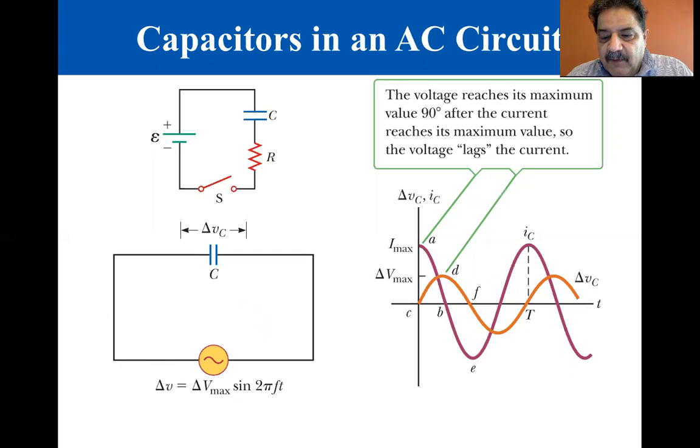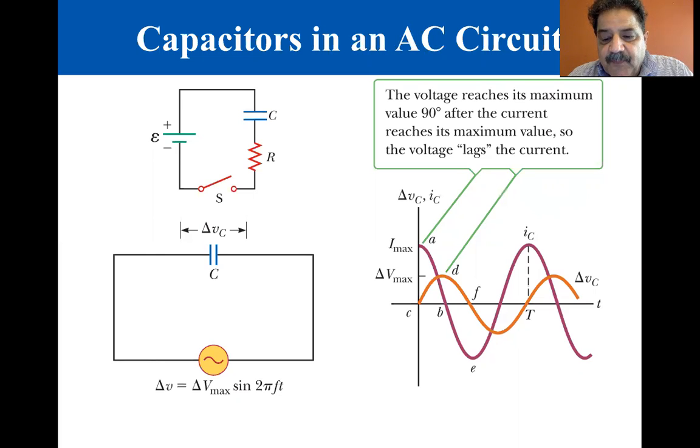After some time interval, which depends on the time constant RC, the current approaches 0. That means a capacitor in a DC circuit limits or impedes the current so that it approaches 0. Now let's consider the simple series circuit in the figure on the bottom left, which consists of a capacitor connected to an AC generator. We can sketch curves of the current versus time and voltage versus time shown in the